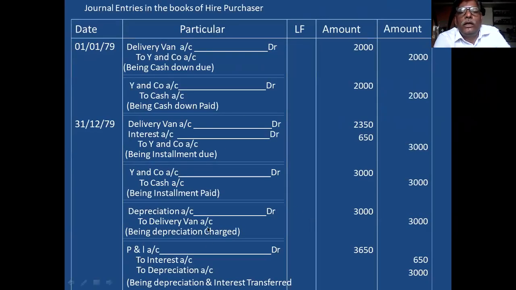Okay, these are the entries, and you don't go for writing all this again. You remember first year entries and leave the first 2 entries, copy the remaining entries. Copy the remaining entries and change the amount only. Installment entry 2, depreciation 1, transfer entry 1. Totally 4 entries you copy and paste. And take the amount as per the respective year.